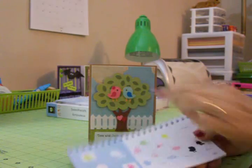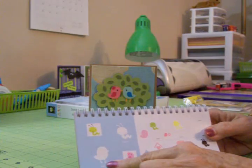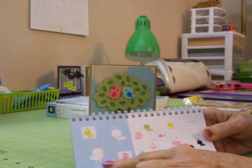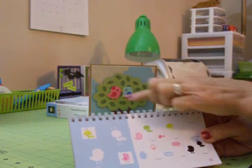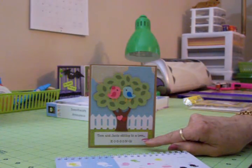For the little blue bird, when I cut him out, I used the flip feature on my Expression and cut him out the opposite direction because I wanted it to look like they're kissing. Because down here it says Tom and Janice sitting in a tree,